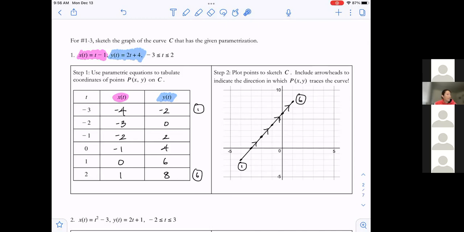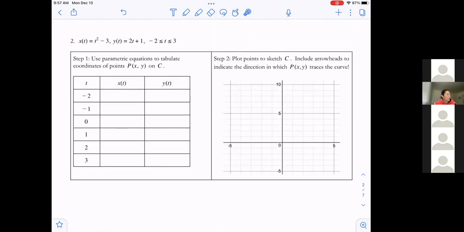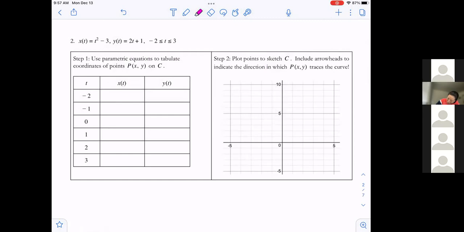Great. Let's take a look at example number 2 here. All right. And so let's go ahead and take a moment. Maybe I could ask some of us to choose the X equation to help us fill in our X of t column. And if I could ask other folks to choose Y of t and just plug in the Y numbers, all right? So before we begin, if you could just type into the chat whether you were choosing X or Y,